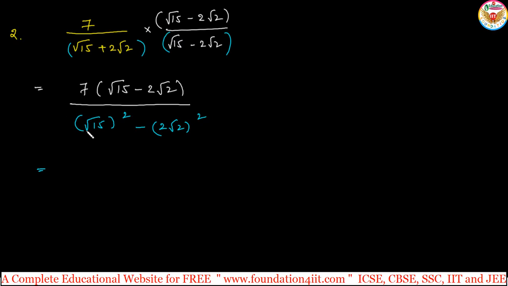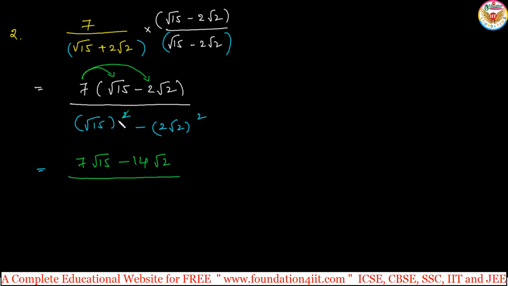Now let us simplify this. With the 7 you multiply. 7 into root 15 is just 7 root 15 only. Don't multiply 7 into 15, because 7 is a rational number and root 15 is an irrational number. Now next is 7 into minus 2. It's minus 14, because minus 2 and 7 are rational numbers, you can multiply. Next, the root 2 is there. That is the numerator part.